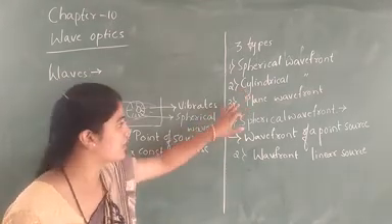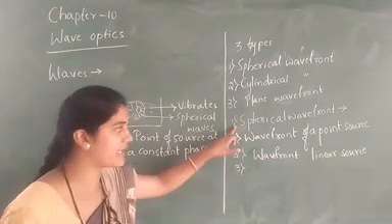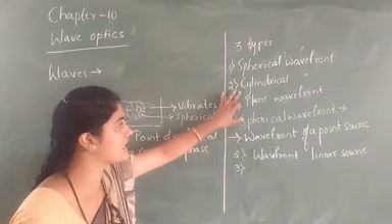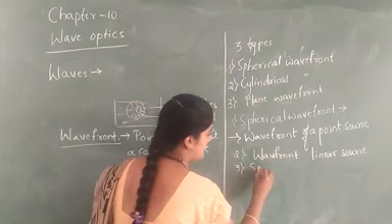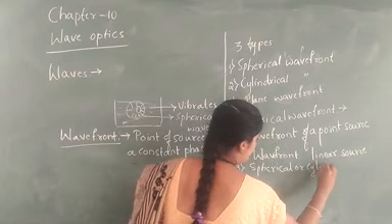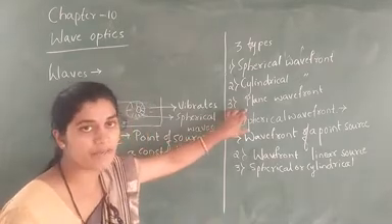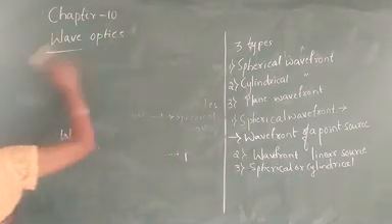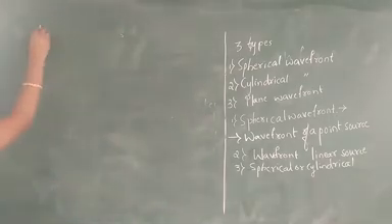Cylindrical wavefront. Now last one, third one is your plane wavefront. Plane wavefront means what? It is the combination of the spherical wavefront or the cylindrical wavefront. Either it should be a spherical or a cylindrical wavefront, then we can call it a plane wavefront. Now let us study the diagram of the spherical wavefront, cylindrical wavefront and the plane wavefront. Now in the first one, spherical wavefront.